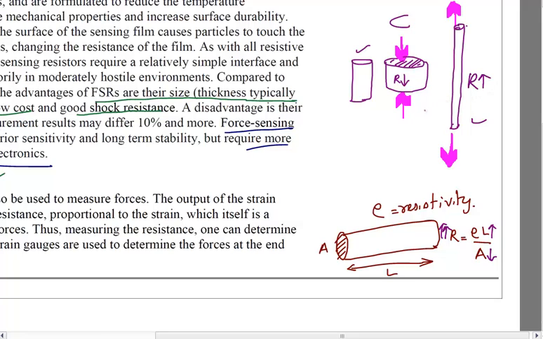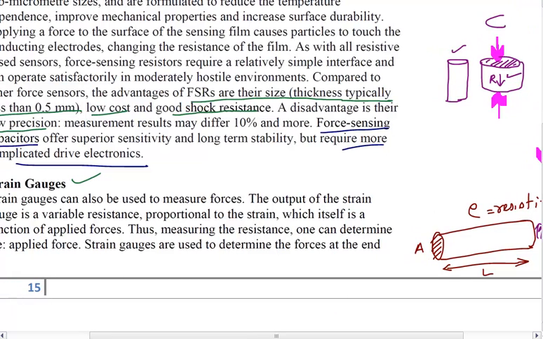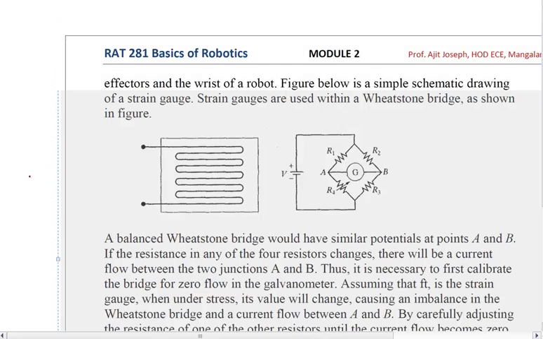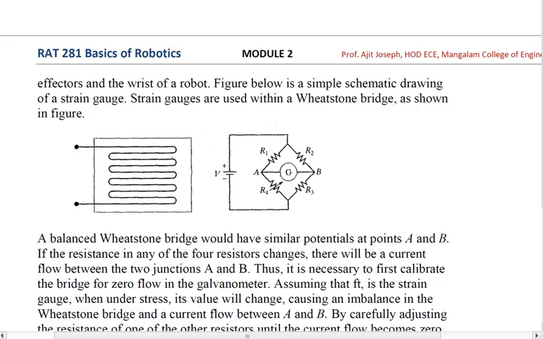So based on the strain that the material is undergoing, the resistance of the material is changing. And that is what is happening in a strain gauge. And based on that, we can calculate it. So this is how generally a strain gauge is drawn. Okay. So the material is kept in this direction, but when we apply a pressure, either this will expand, because of which the length will increase, or it will compress. Okay. So this is the strain gauge.